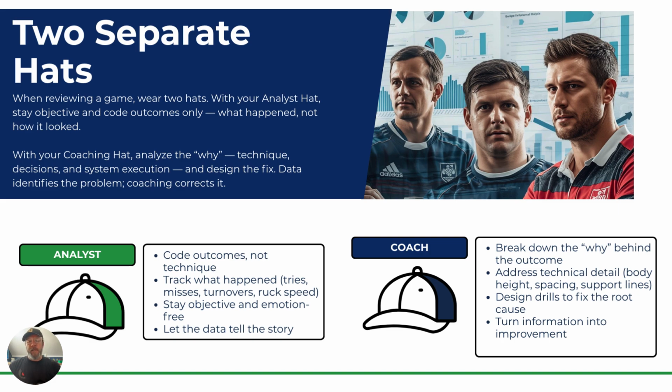So the example about the breakdowns that we had: I think Perry Baker set the ruck. His body height wasn't great. It was really difficult, not the prettiest breakdown. I think Madison or someone had some pressure around the breakdown. The ball came out, but in my opinion, as a coach, that was not the best and most effective breakdown. Clearly, I had my coaching hat on in that instance, and from a coaching perspective, that's definitely not an effective breakdown. But Dave would code that breakdown as a positive breakdown,